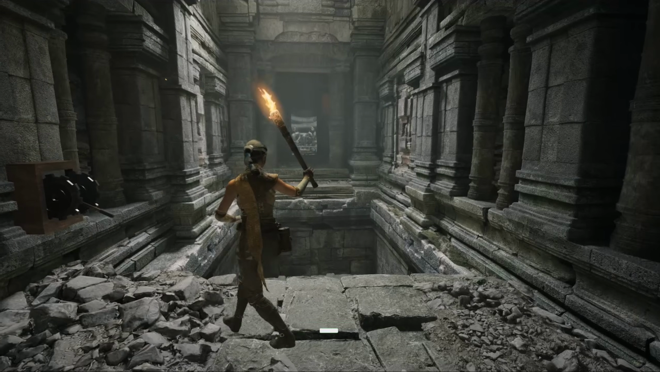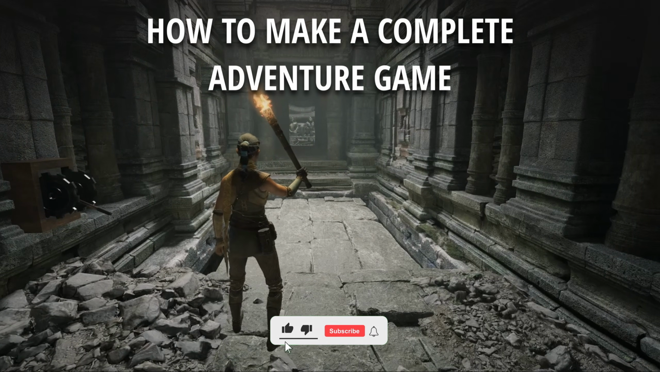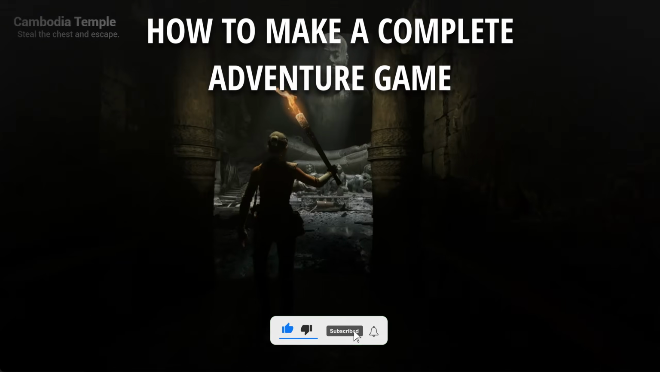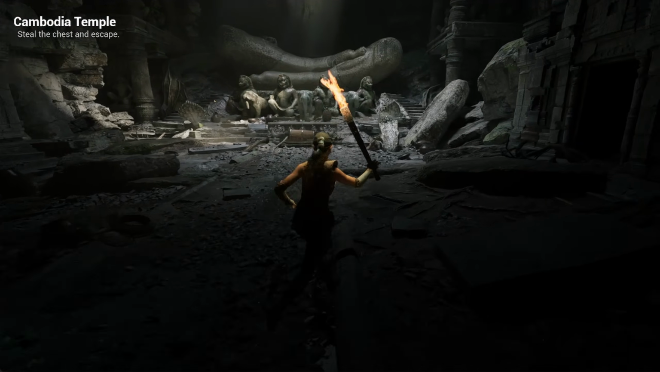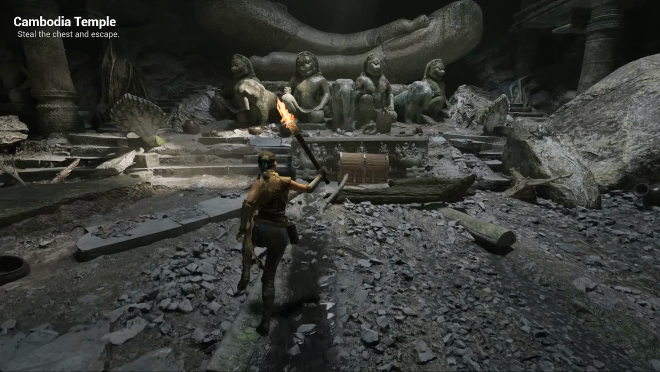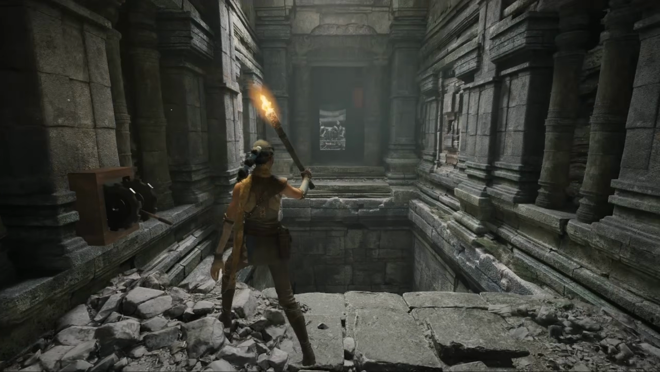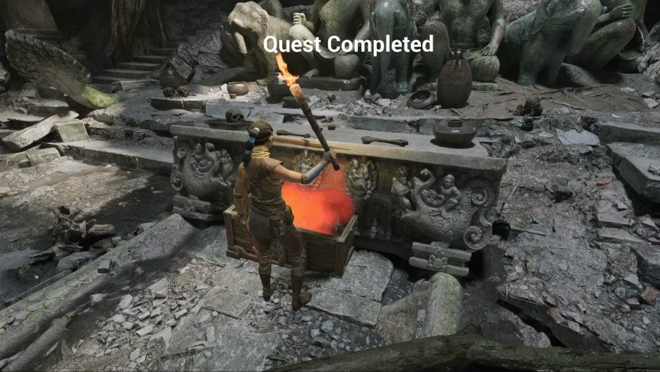Today I'm going to show you how to create a complete adventure game in Unreal Engine 5. This video will cover everything that you will need. You will end up with an advanced character movement using motion matching, interaction with levers, with bridges, with chests, and